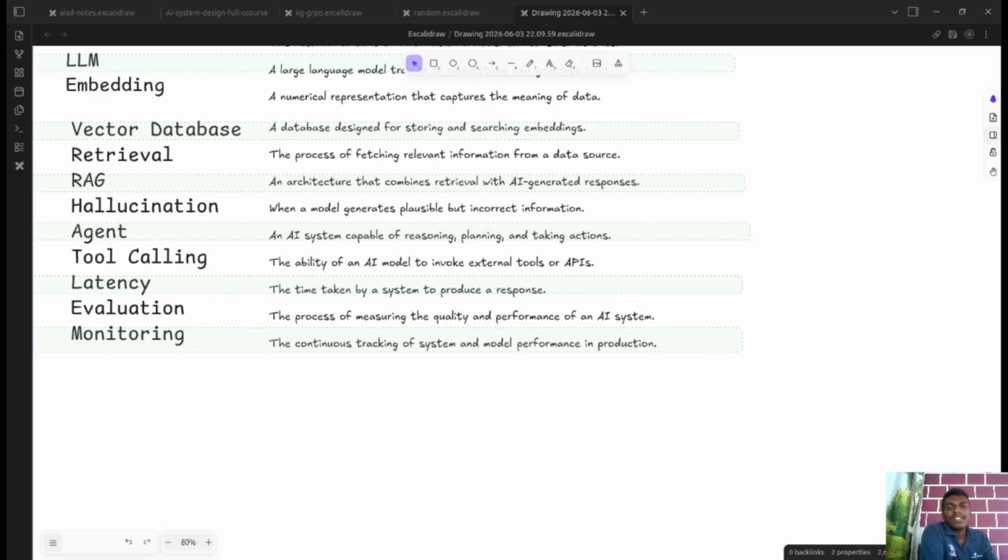So these are the basic terminologies. There can be more, we'll discuss them as they come up, but these are the important ones which we'll be using so often, so it's better we know them. So that's it for the first chapter. Next we are going to go through the next chapter, which is the anatomy of an AI system.